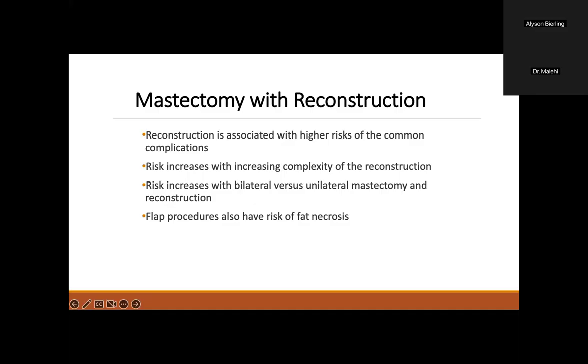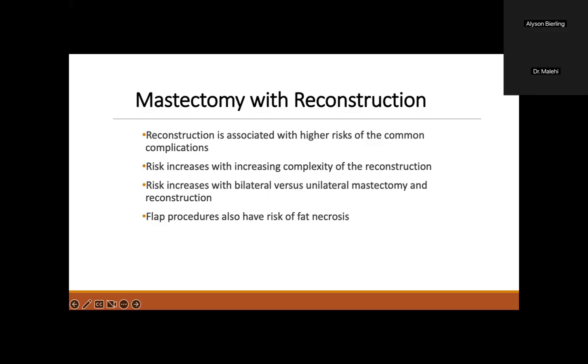When you bring flaps of tissue, you can either swing them in on their blood supply, but there's a risk of the blood supply becoming compromised and getting necrosis in those flaps. And there's also, you can bring them in and do microsurgery and sew vessels together, and there's a risk of those clotting off. Also, when you're bringing in flaps, even if the blood supply is fairly good, there could be